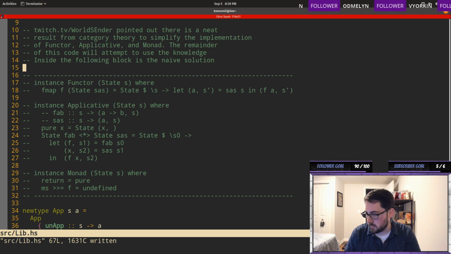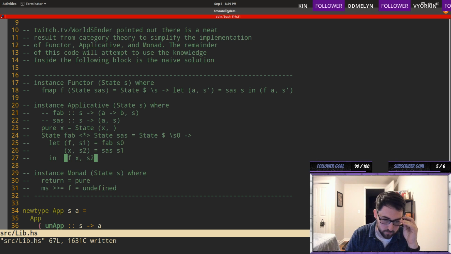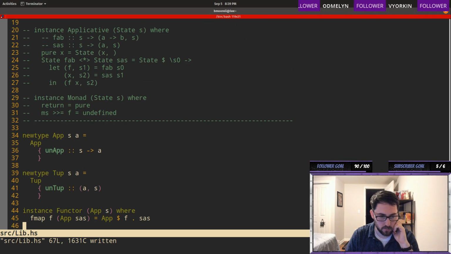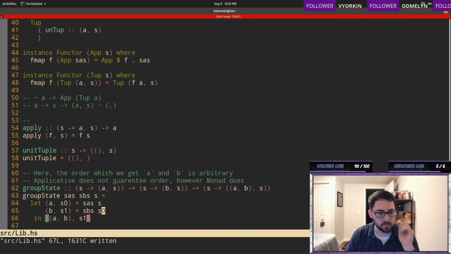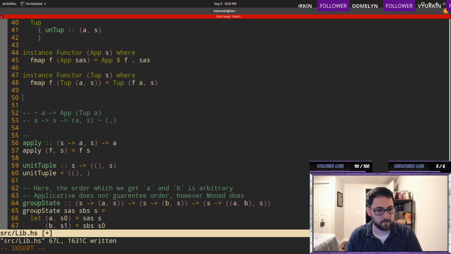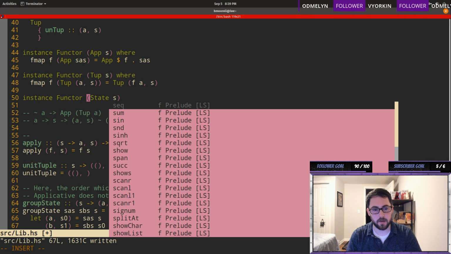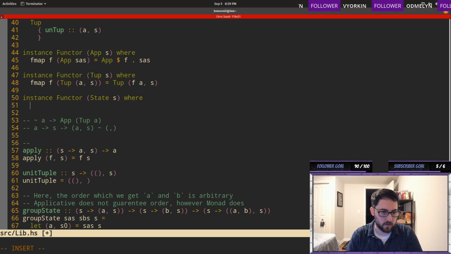Okay. Does this kind of make sense to everyone? How am I doing? I think I'm doing okay. I do want to just implement the naive one, but I think it's pretty close to this, more or less. We just need to change our variables. So from here, we can now write instance Functor (State s) where fmap f